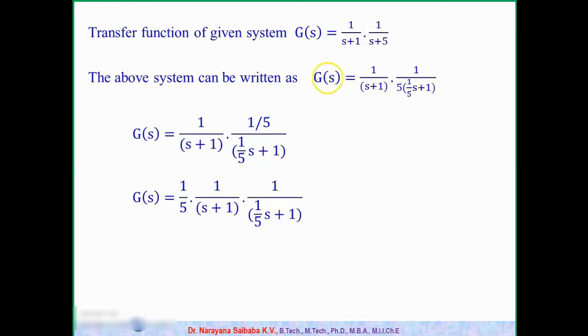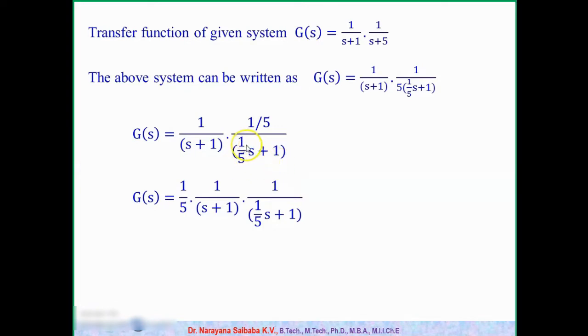So this is what we have. See here, the first system has no change. Now coming to the second system, here 5 is there, but we want 1 there. So we have to take 5 as common. If we take 5 as common, this becomes 1 by 5 into s plus 1. So now we have the first term as 1 by s plus 1. This 1 by 5 you can take as numerator, and the denominator becomes 5 into s plus 1. In this way it will change. Simply, you have to take s common so that you get this type of equation.